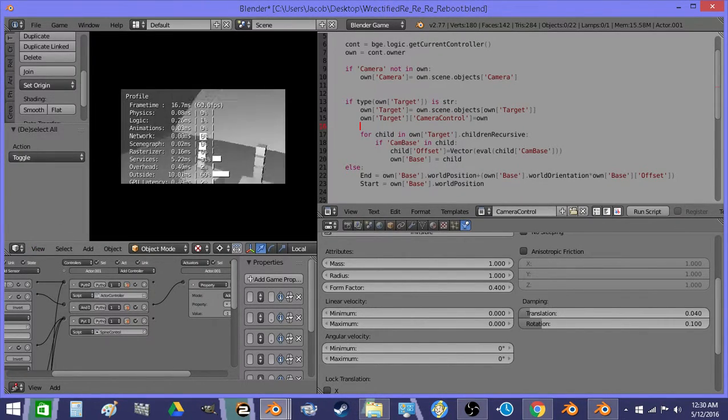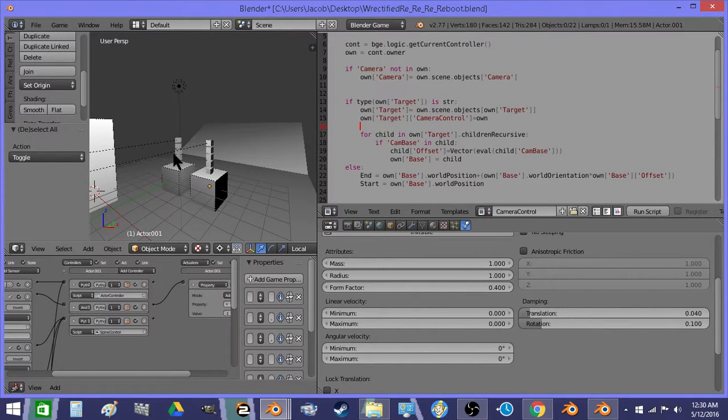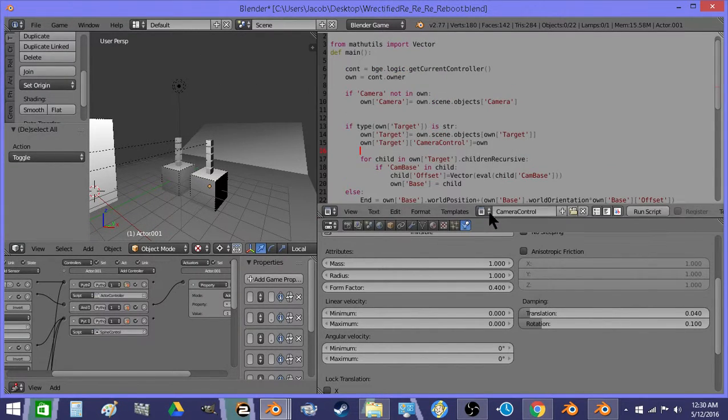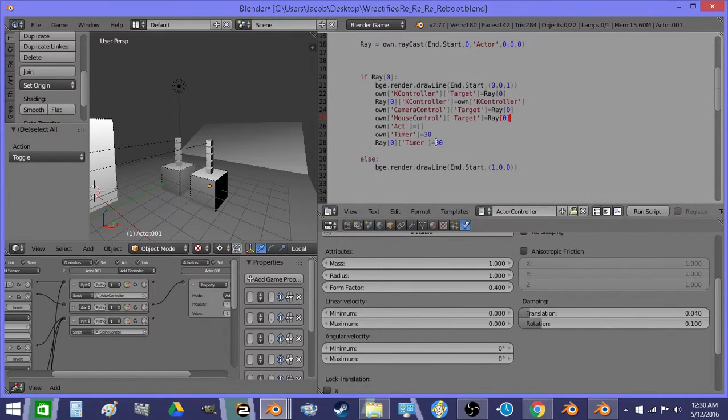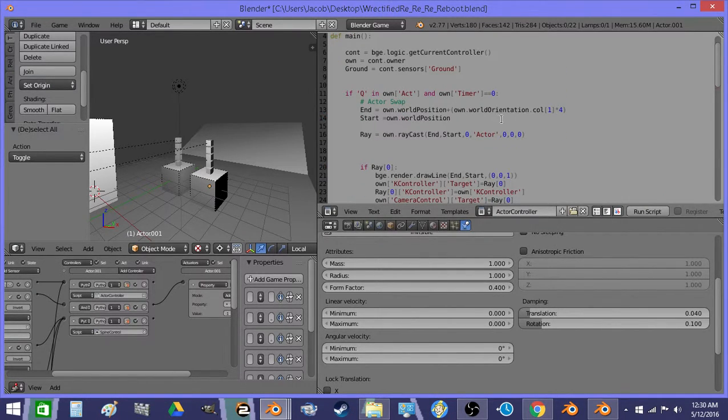When I look at this other actor and press Q, we should switch to him. So it's casting the ray straight up right now because it's using the actor's y-axis 4 units out, which is actually straight up and down now. Instead,